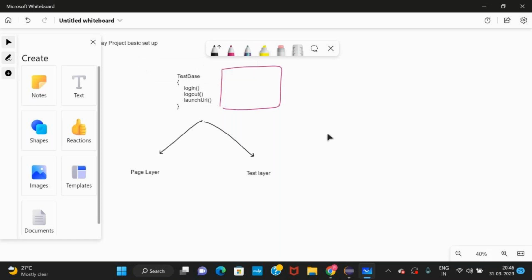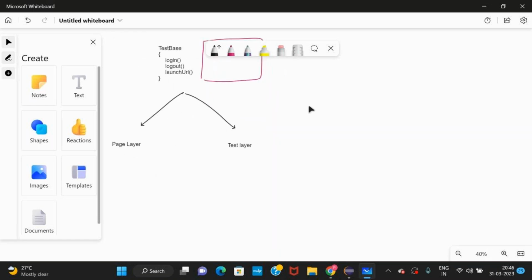Okay. Fine. So in the TestBase, we write common code which is needed everywhere, in the test cases and in the page layer. What is the test layer? What is the naming convention for the test layer classes, the TestNG classes, the collection of testing classes?